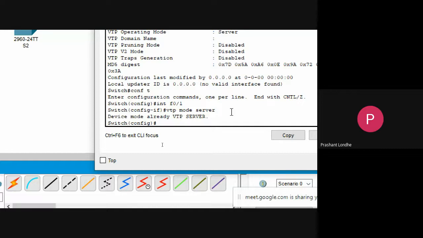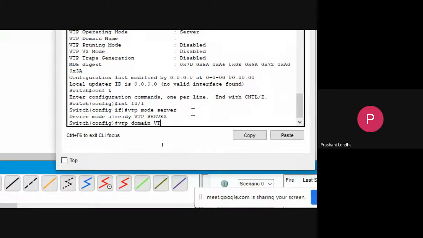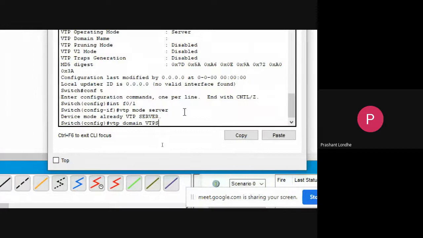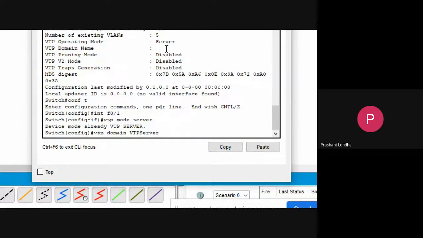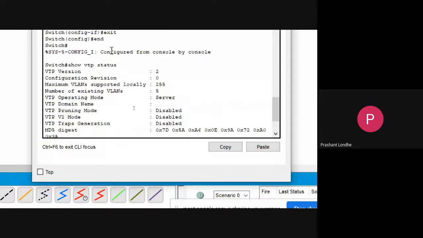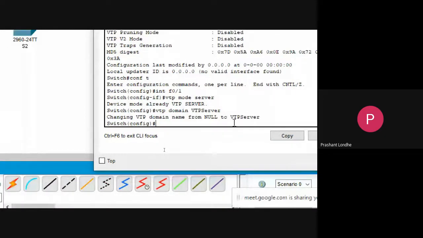The next statement is we need to change the domain name. To change the domain name, we have VTP domain, VTP server. Here we do not have any kind of VTP domain name. Once we fire this command, the name will come as VTP server. Just enter. So here we are changing the VTP domain name from null to VTP server.